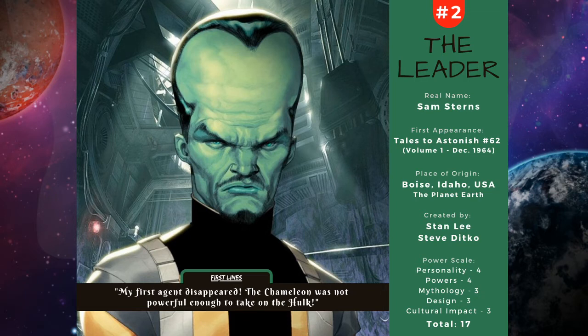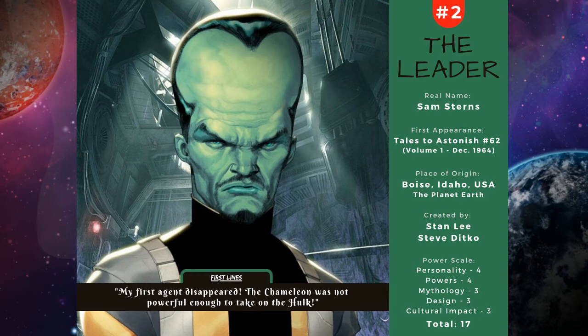For his personality, we give him a 4. I almost gave him a 3, but I gave him a 4 because his intelligence is so off the charts that he's able to manipulate people while taking on different personalities, not in a superhuman way, but in a conniving, manipulative way where he can present himself as a different kind of person to different people without revealing his identity. So he has that almost chameleon-like ability to manipulate people and their wants and needs.